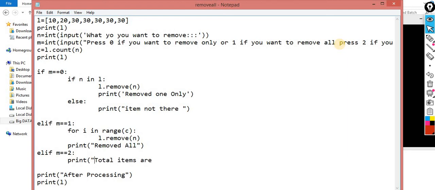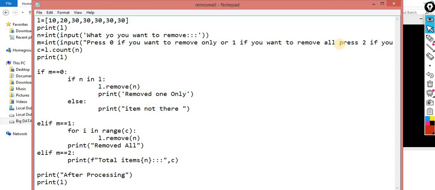Print total. Rather than just a plain message, make it smarter: total, this one, R, comma, R, comma, C, the count value.